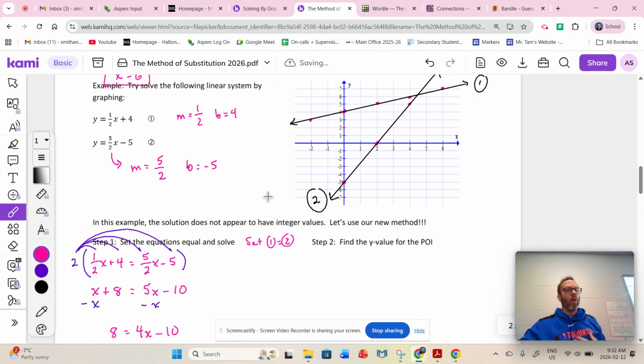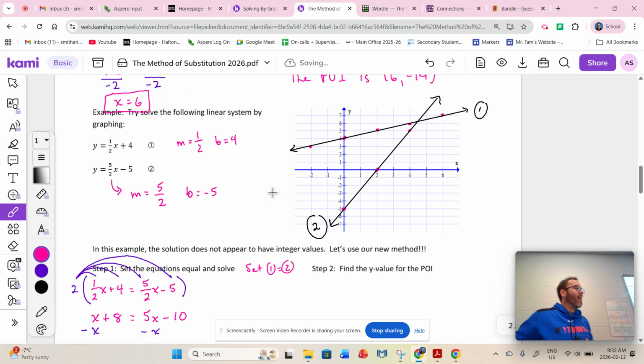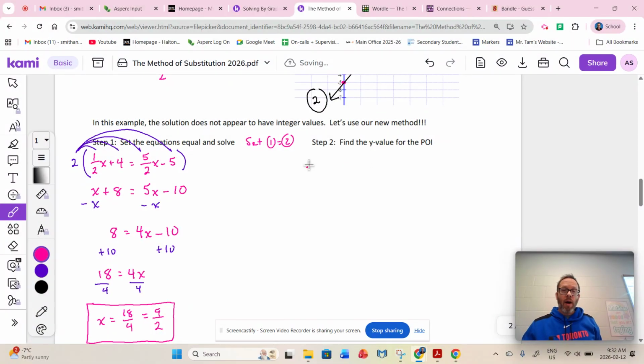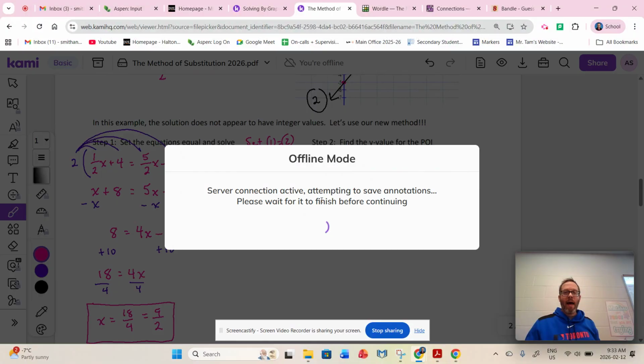Now, what equation here looks easiest to work with? Really, they both have a fraction in them. I'm going to put mine into equation 1. So I think x is equal to 9 over 2. So I'm going to put x equals 9 over 2 into equation 1. We're going to work with fractions for this one. It's not going to be fractions all the time, but I do need to give you guys a case or two where it happens just to prepare you. So what does that look like? So our equation was 1/2